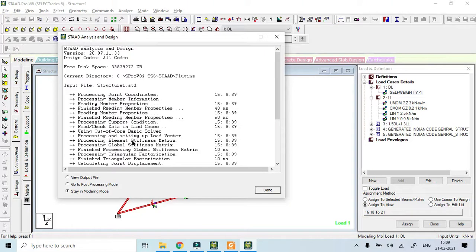Then from here starts your FEM, from using out of core basic solver. From here starts the FEM part. Okay, so the processing and setting up of load vector. So it sets the load vector. Then the element stiffness matrix is formed. Okay, and then the global stiffness matrix. And then you process the global stiffness matrix. Process means you are adding the proper matrices properly. So processing of the global stiffness matrix, and then finish processing global stiffness matrix, and then